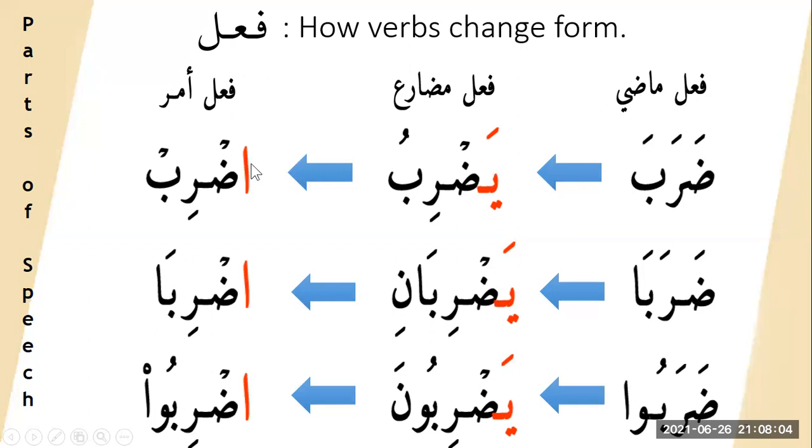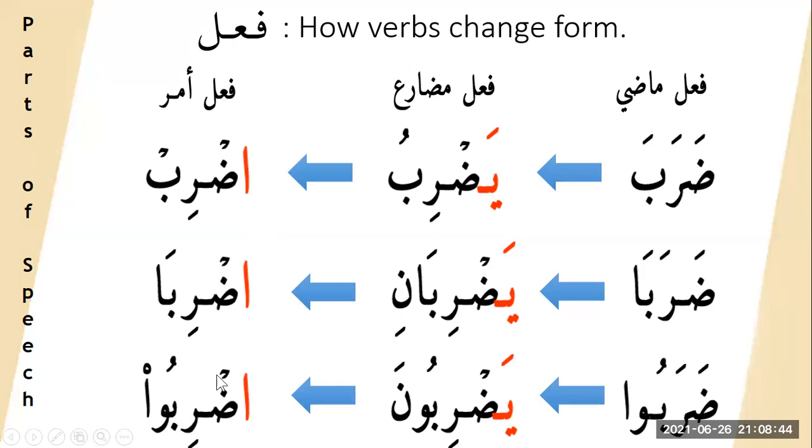For the command verb, again, you have a hamza at the front and the sukun on the last letter. Just like tajweed, if the third letter has a kasra or fatha, then you have itwid. If the third letter has a dhamma, then this hamza will have a dhamma. Like unsur. You don't say insur, but unsur. Help him. You help. All of you help.